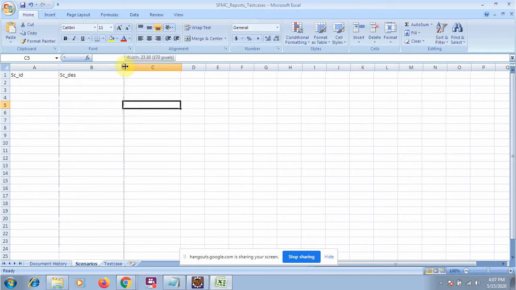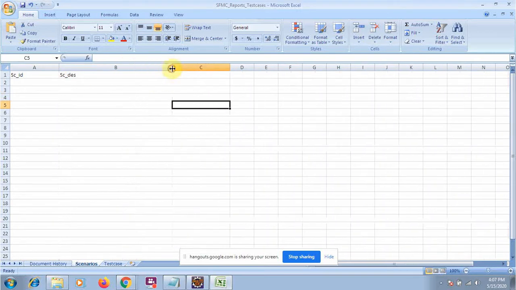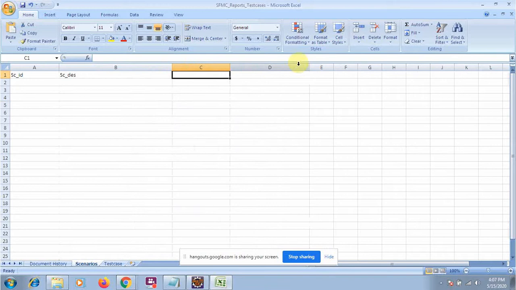So there will be some scenario, and then the type of scenario, meaning whether it is integration testing or system testing, and then the status, and then created by. So these are the basic columns we have.